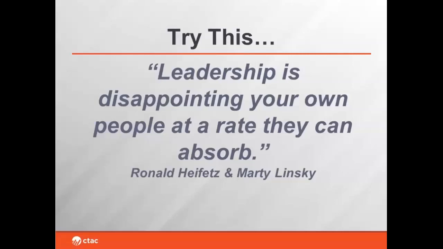Okay, we have some people saying this is accurate because you won't please everybody all the time. Somebody else is saying people are disappointed with change and they can only change at a certain rate, so they need to manage that change. So it seems to be really resonating. Yes, yes. And I think we have to give a gold star to these answers because that's exactly right. The reason why Ron Heifetz and Marty Linsky use this definition is because they suggest that leadership really is about advancing needed change.